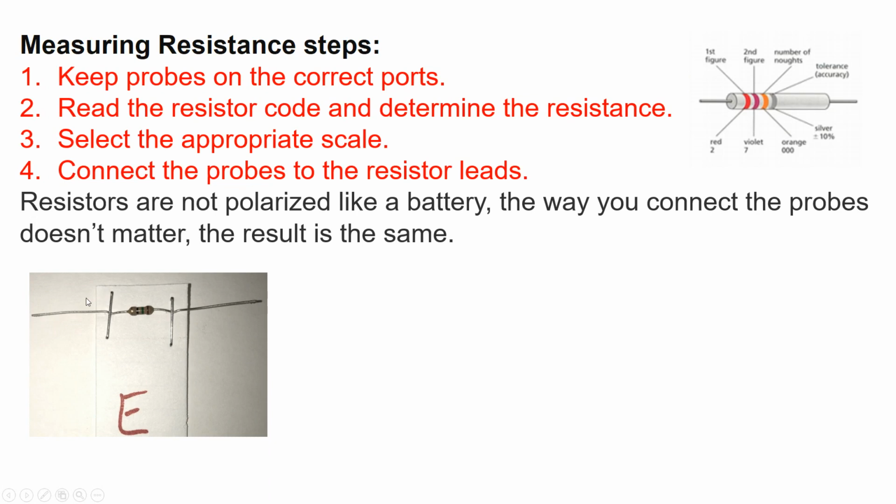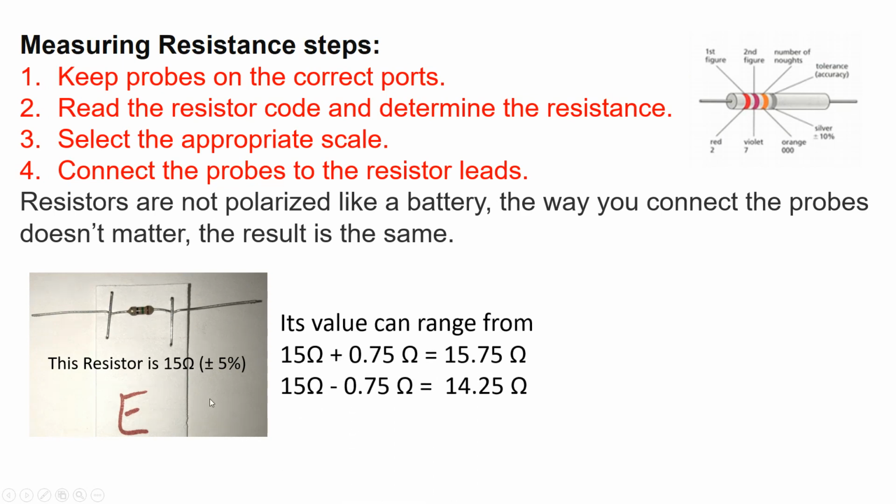So for example, here we have this resistor with those bands. Here is gold, which is the tolerance, and this is your first band. You read the first figure, the second figure, the number of zeros, and the tolerance. So this resistor is 15 ohms with a tolerance of plus or minus 5%, because we have a gold band right here. What the tolerance means is that the value of this resistor is going to range from